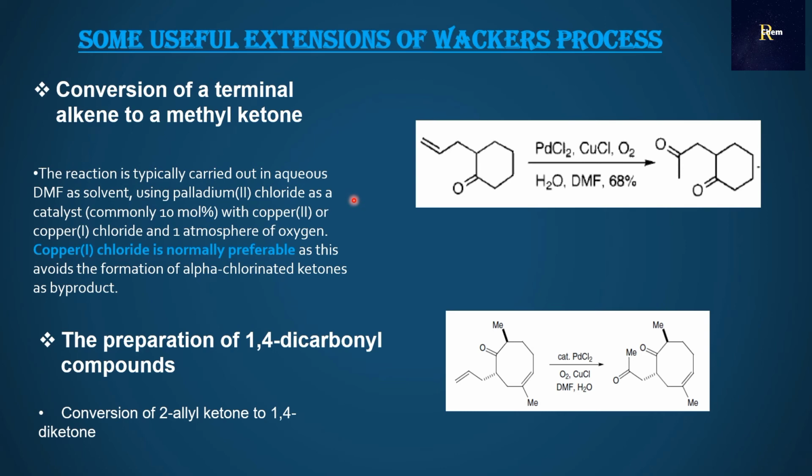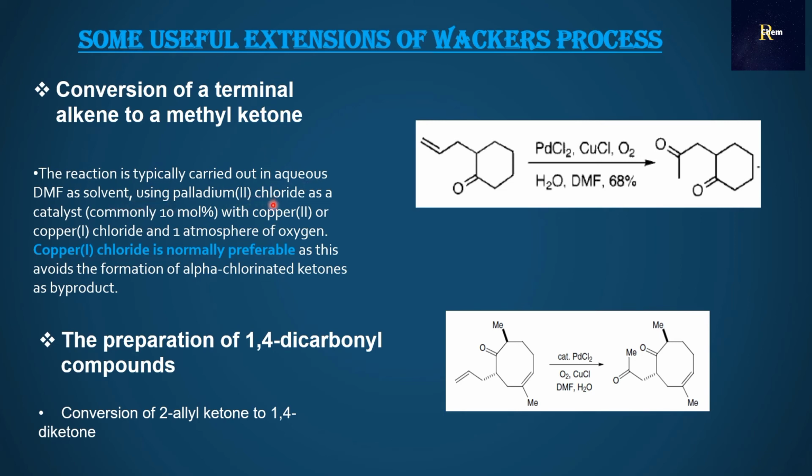Now here are some useful extensions of the Wacker's process. The first one is the conversion of a terminal alkene into a methyl ketone. This is the very useful part of the Wacker's process, and in this process generally the terminal alkene used is of higher order, that means a longer alkene is used, and for that we generally use DMF as a solvent,